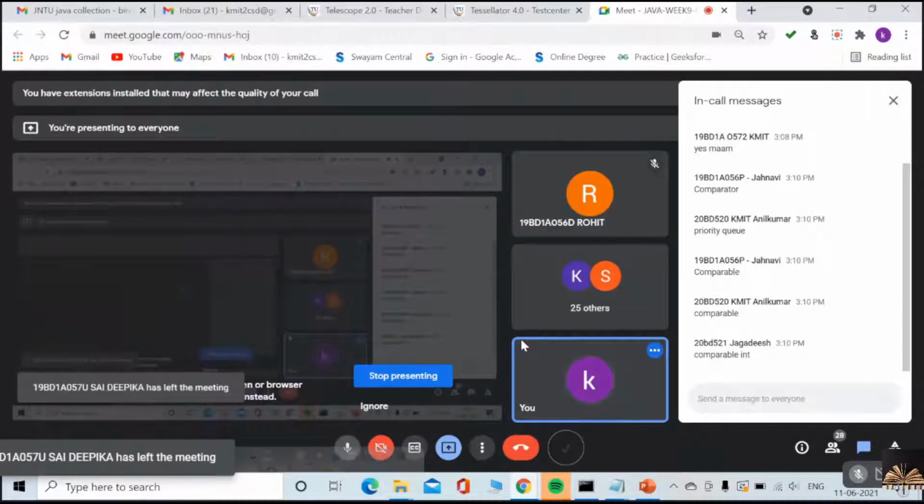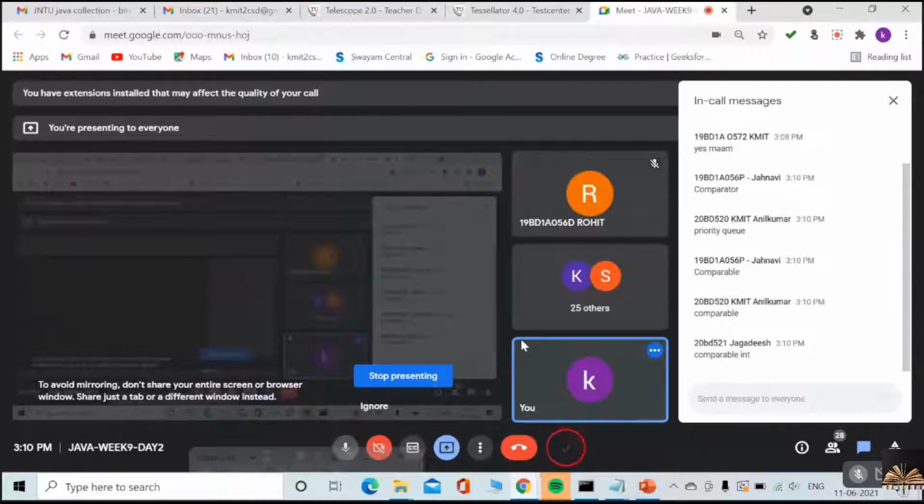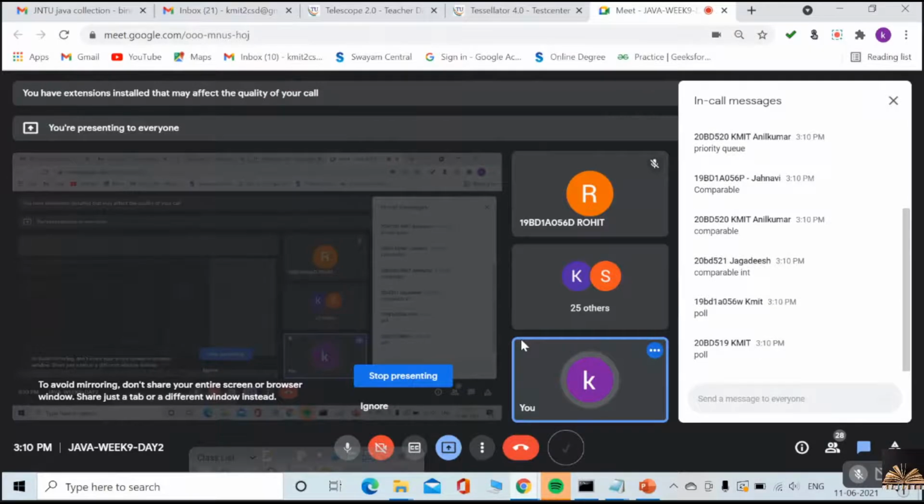And if you want to see the priority of your queue, which method do you need to use? Poll method. Very good.